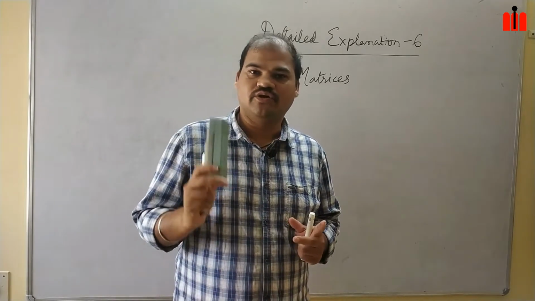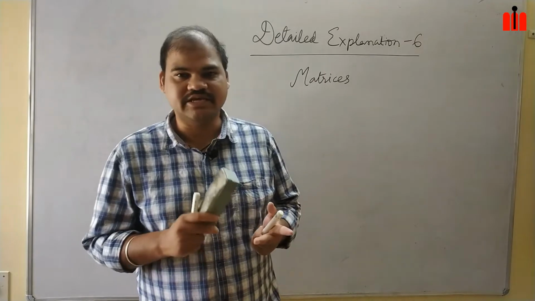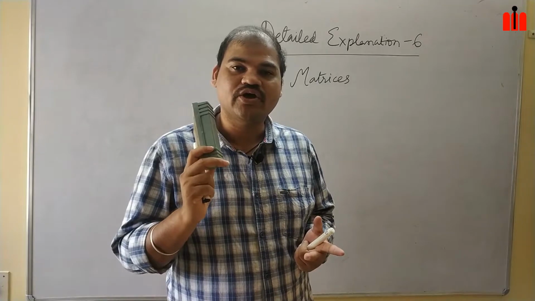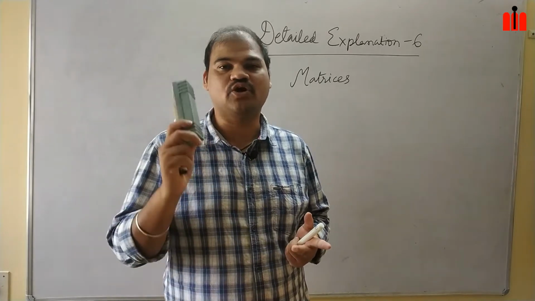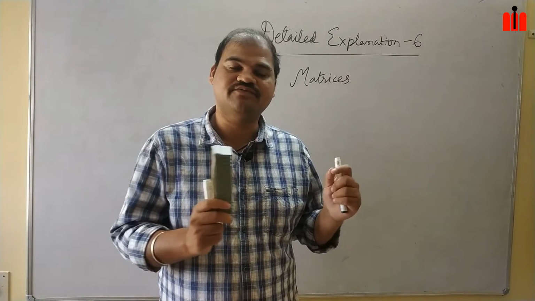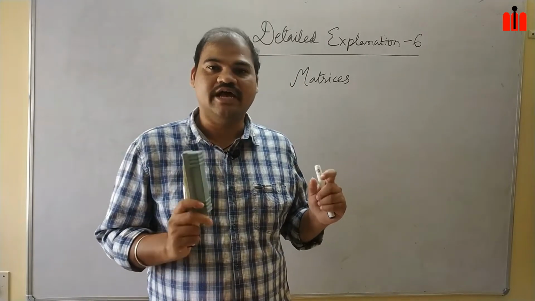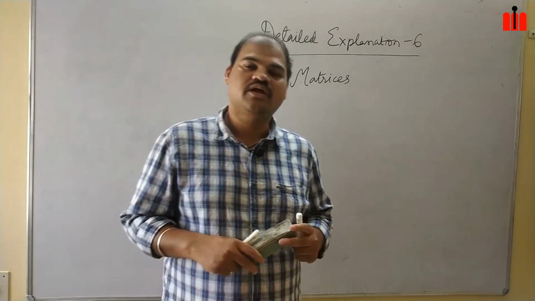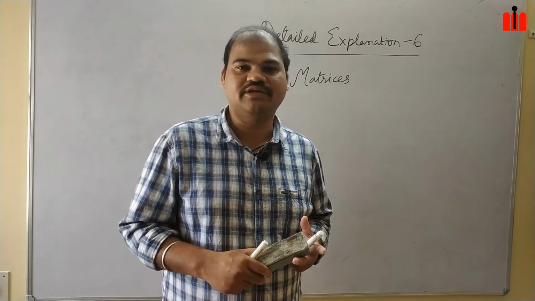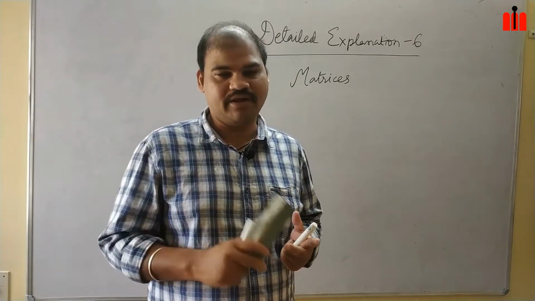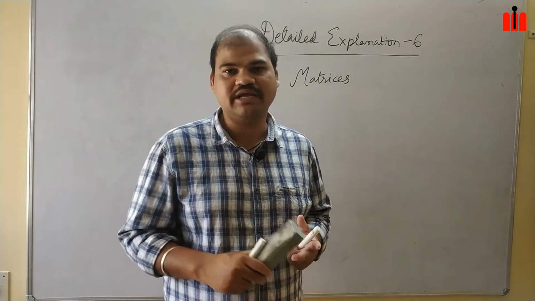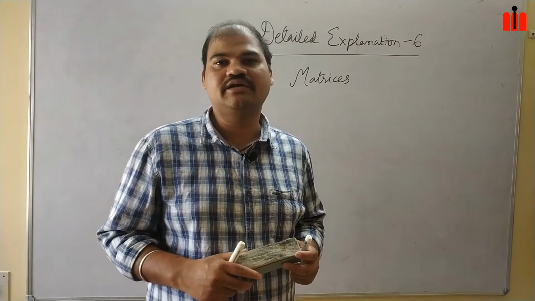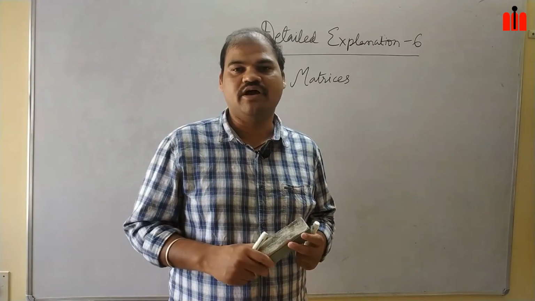Okay, you understood the intent of today's class. Today's class is to find the inverse of the matrix by using elementary operations like row operation and column operation. By using those operations we have to find the inverse rather than using determinant and adjoint. After understanding the elementary operations, we will take two sample examples, one for a 2 by 2 matrix and one for a 3 by 3 matrix, and we will understand how to get the inverse of a matrix.